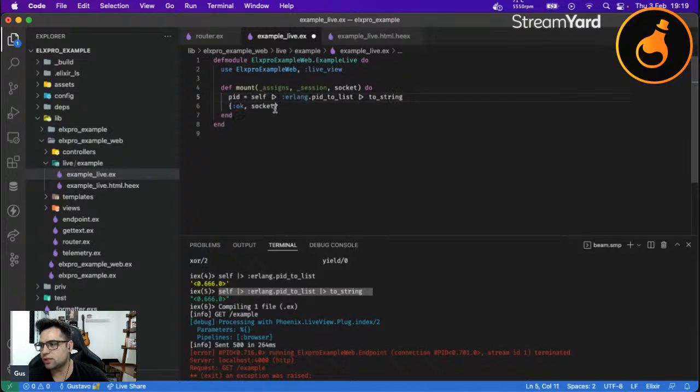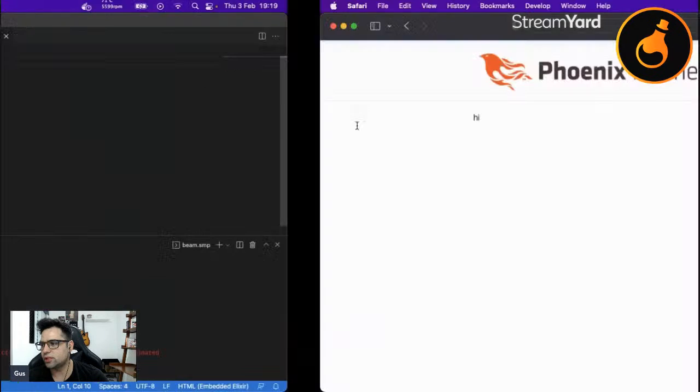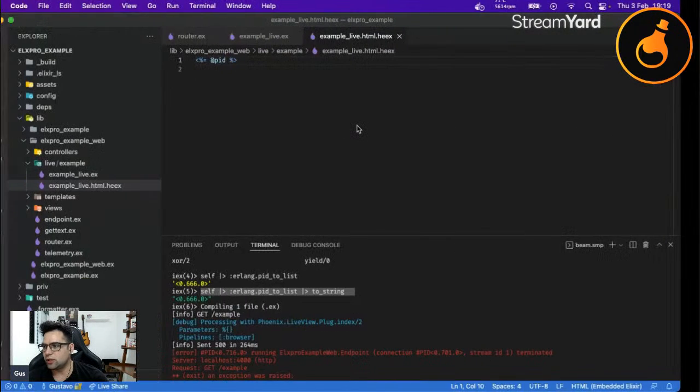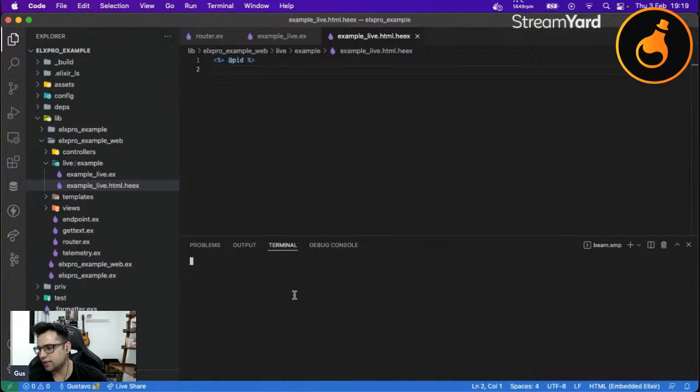This is our process ID. I'm going to assign it to my page, and when I assign it in my page, I'm going to call my process ID to show you how it works. So here we have our process ID, and one of the things that's really amazing about LiveView is that when you call